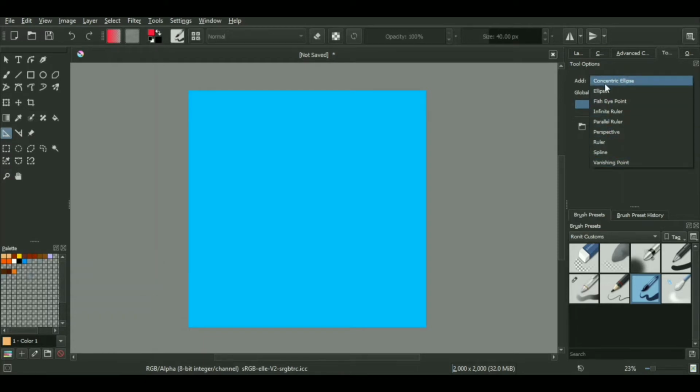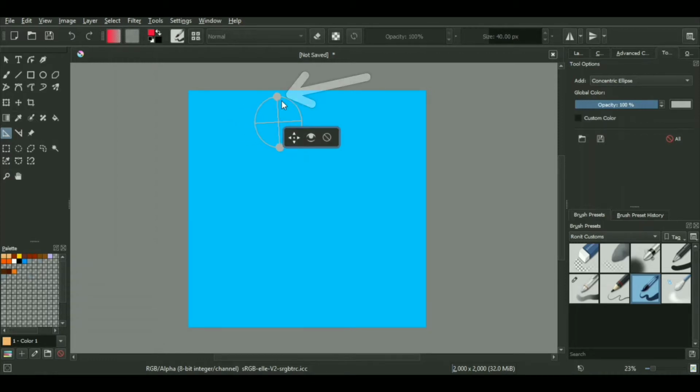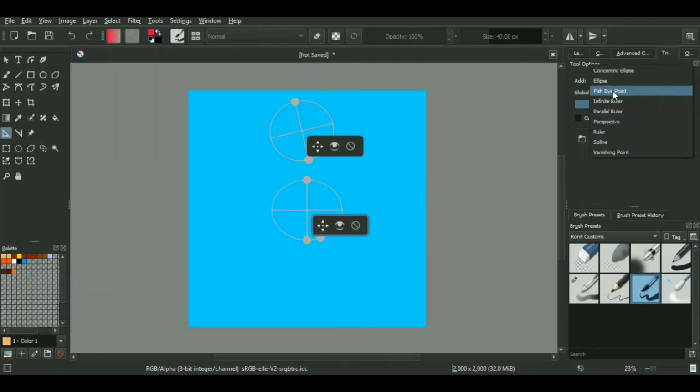Now in order to better understand what these assistant tools are, which Krita provides us by the way, the first one is a concentric ellipse. To add it, just simply click your mouse and drag it like this. It creates a circular structure, and when you press this dot over here, it will change the scale as well as the transformation of your assistant tool. This button over here changes the position of your grid or your guideline. This one turns on and off the opacity of the grid, and the last one deletes it. Similarly, I have quickly made some guidelines for the ellipse as well as the fish eye perspective, so that it is much easier for me to explain what they actually do.